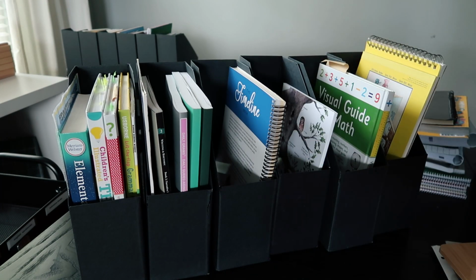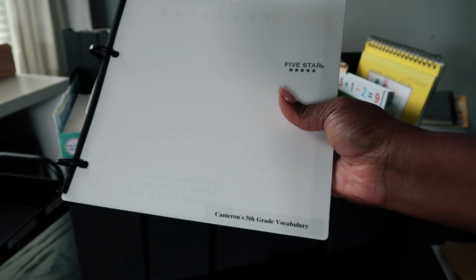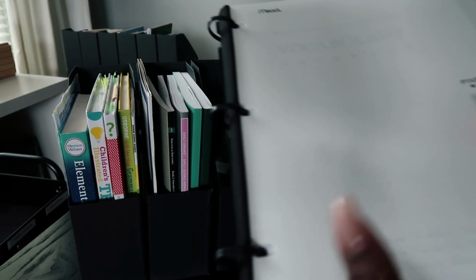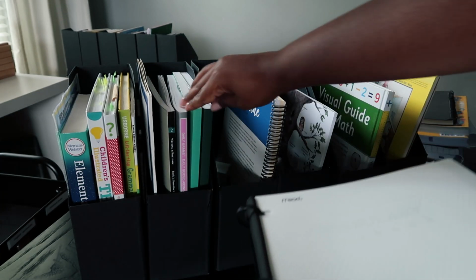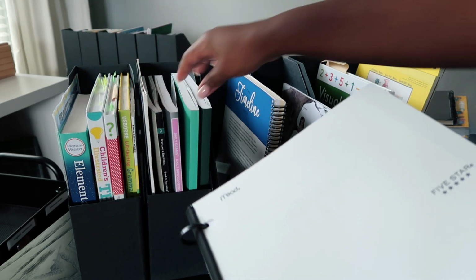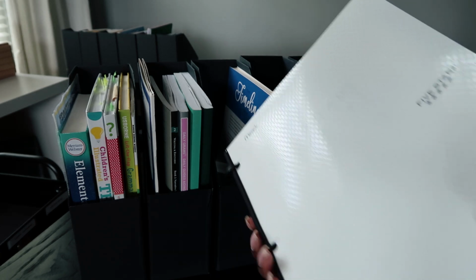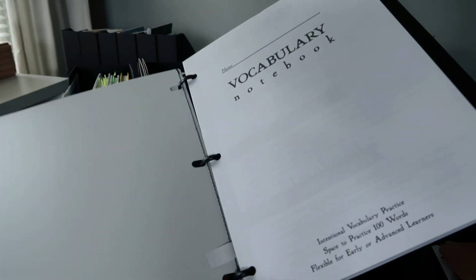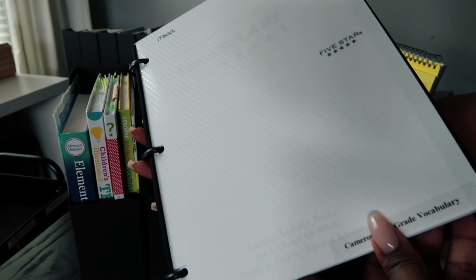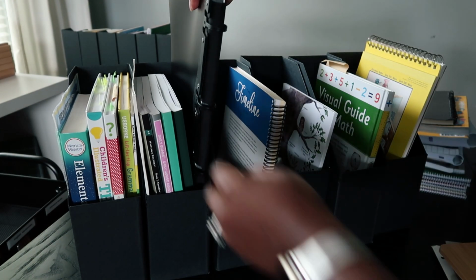And then I think I'll also put his vocabulary in there too. If you saw my homeschool haul video, then you know that I got the vocabulary notebook and it looked like this. But because there is a lot of writing, they get kind of frustrated with the binding. So I had the binding cut off and then I put it into this flex binder from 5 Star. And so it's going to live here too